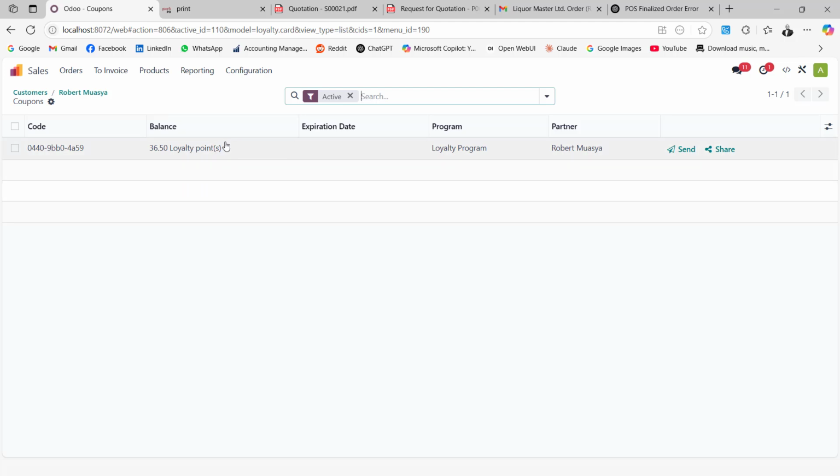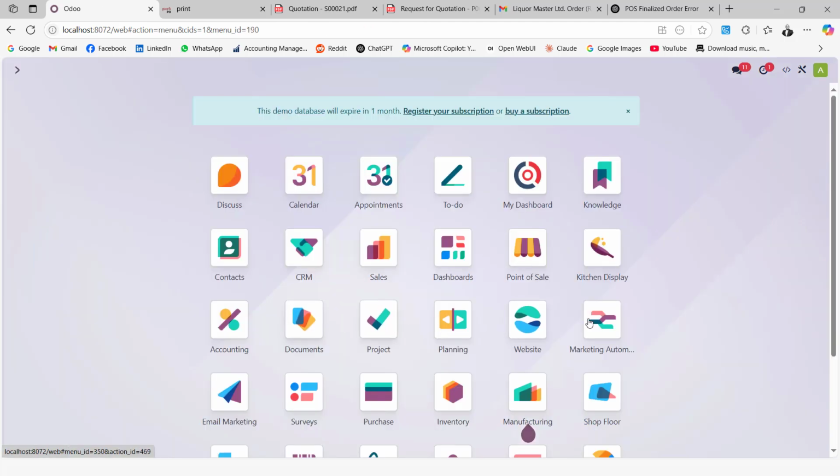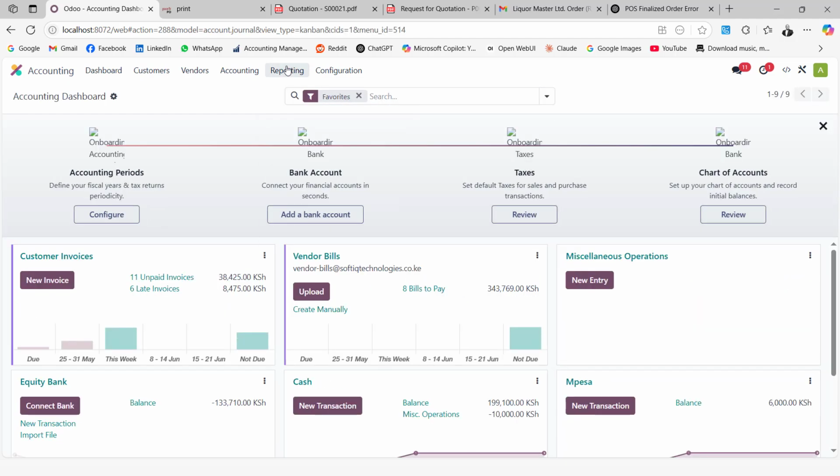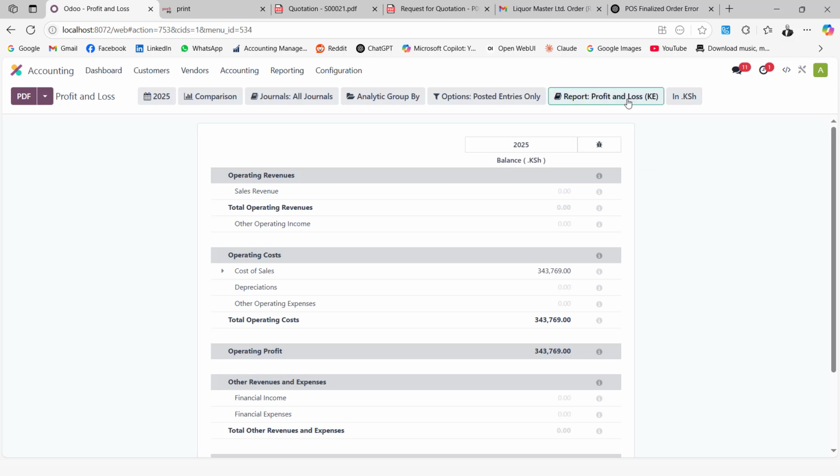Okay, so we have gone through all those sales options. Now we want to look at accounting. So at the end of the day, you want to see how the business is performing. So for that, you can come here to the accounting module, and you can run a report like profit and loss. So you can